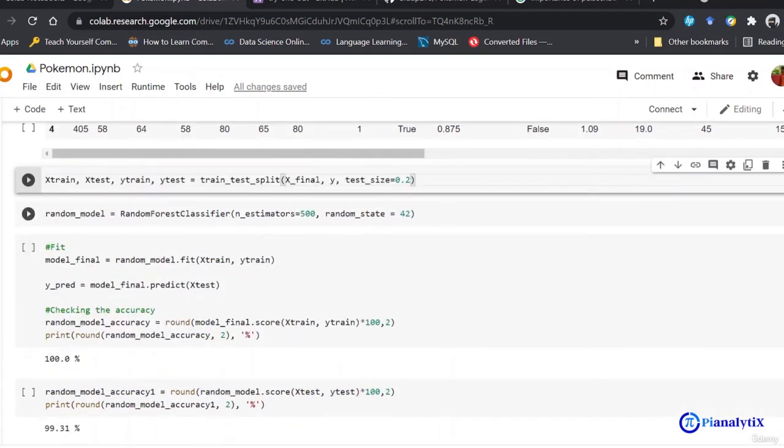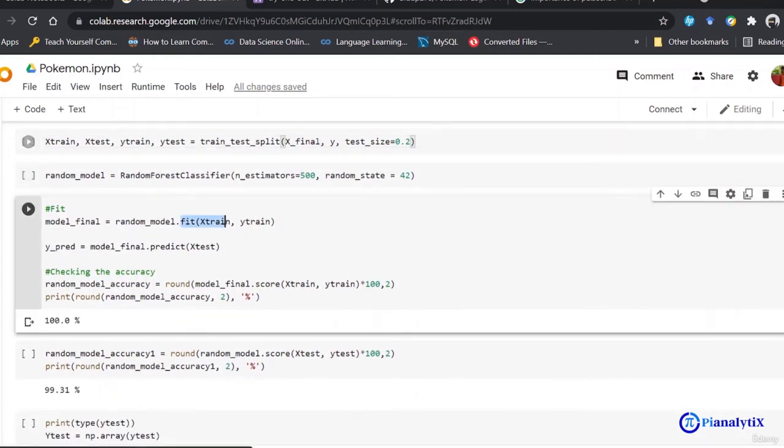Now I've called the random forest classifier. I've given a parameter of n estimators equal to 500 and told this object that you have to shuffle your data before you insert the data for training the model.